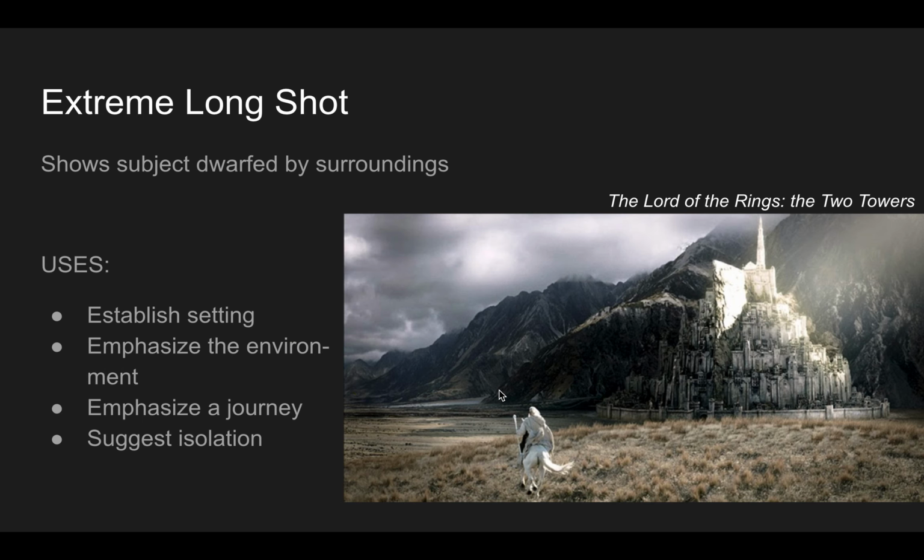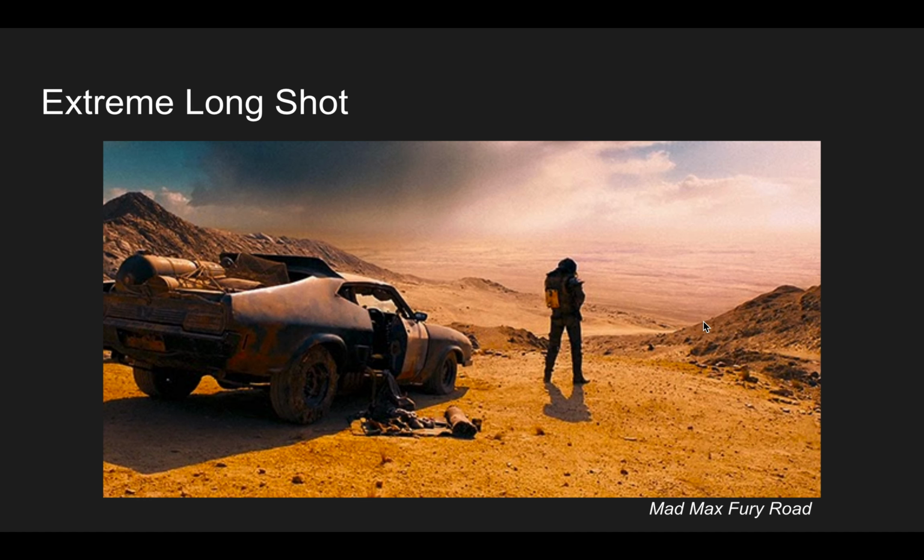Back up just a little bit here. So the extreme long shot can establish setting. Again, it can emphasize the environment. So this is another shot that we see oftentimes in Westerns, because Westerns love to show the landscape. They love to show the open desert, Monument Valley, or the mountains in the background, right? And it can oftentimes suggest isolation, especially when it's a single character in a vast landscape, as we see here